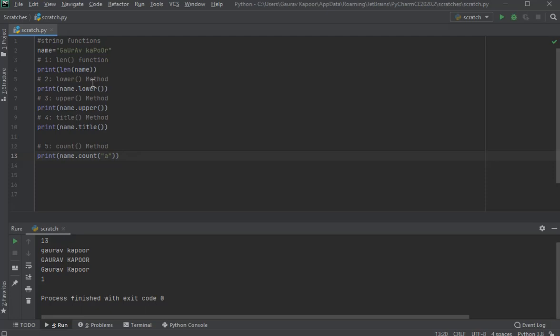So Python is a case sensitive language. So if I am giving a as small a here, I will get the count as 3, and at the same time if I am giving a capital A over here, I will get a count of 0. So you have to take care of the specific upper or lower case in this particular method.